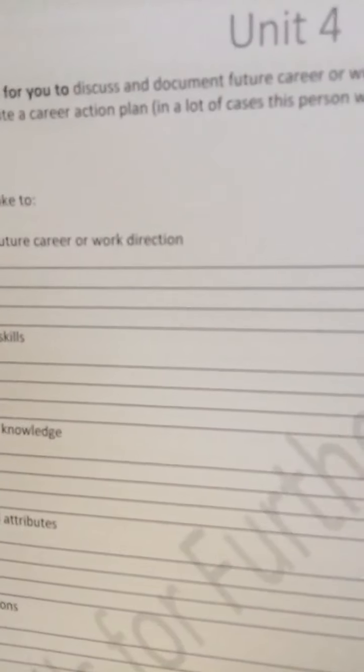But the person you spoke to, what is the proposed future career or work direction you are looking at? What are the required skills and knowledge and attributes? What suggestions do they have? What other information have they provided? You need to sign it, then they can sign it. You now need to create the career action plan. So you need to be able to fill in the...